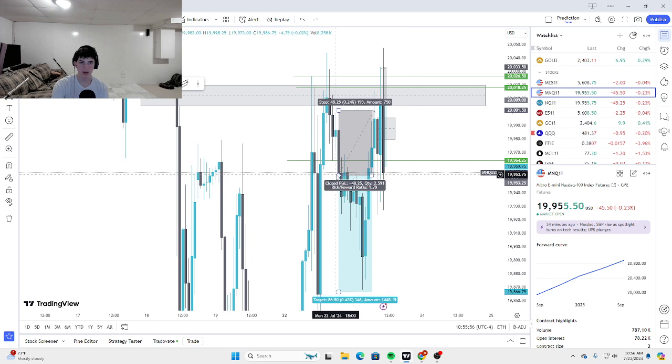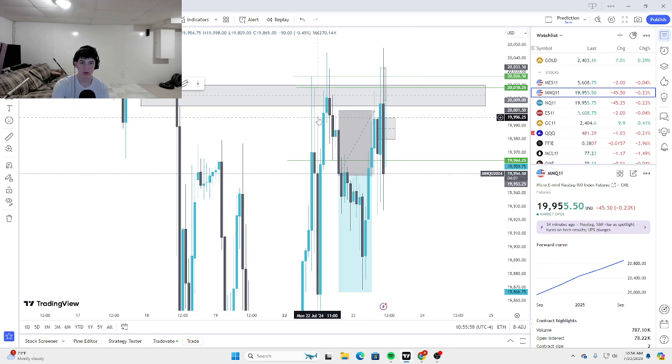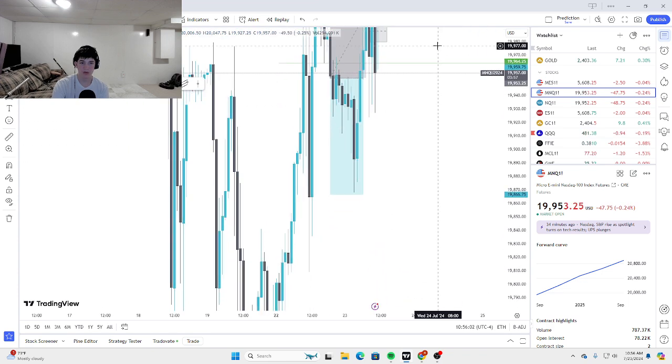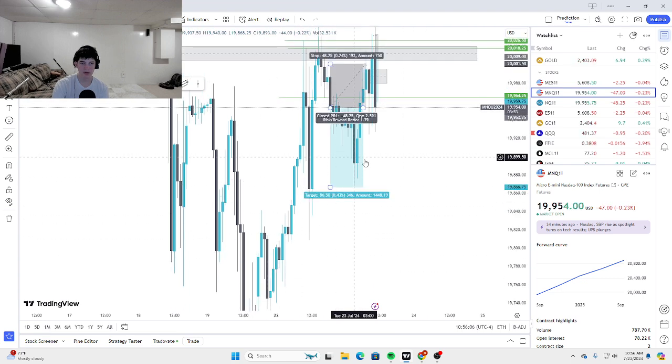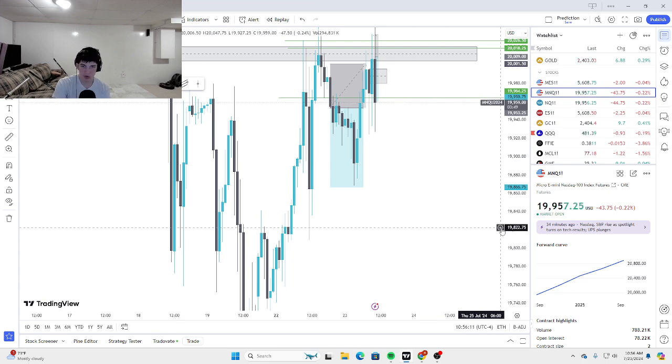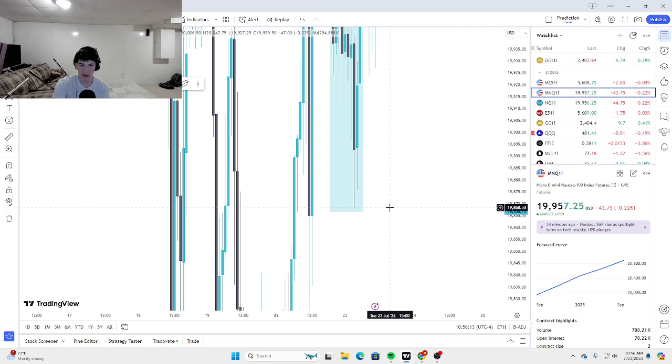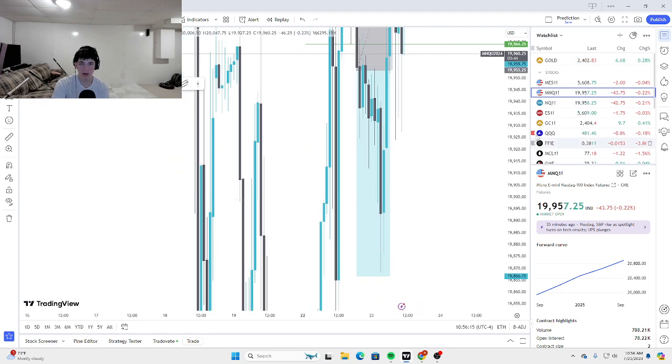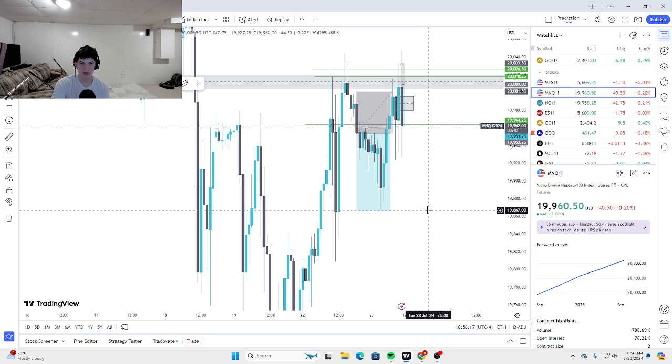So I entered. Set our SL a little bit above the inverse, but also above this high, and we set our TP right at this hourly FVG that we showed resistance to before, but we never hit it. We got like 2.5 points away from hitting this, which would have been great, but sadly we never got to it, so we didn't make any money.